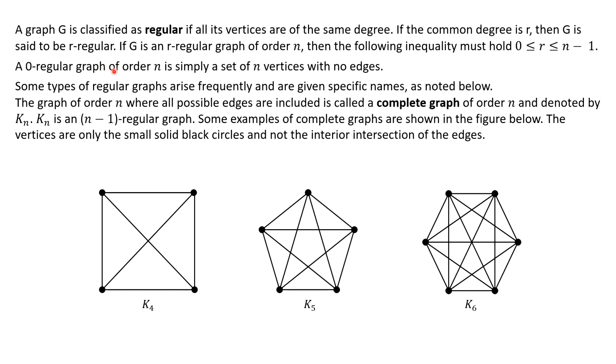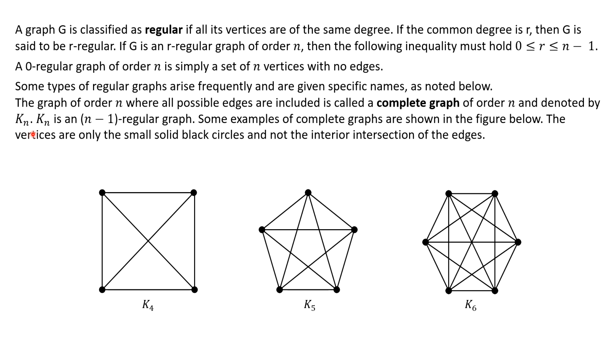A zero regular graph of order n is simply a set of vertices with no edges. So it's just n dots, basically, in our diagrams. Some types of regular graphs arise frequently and are given specific names, as noted below. The graph of order n, where all possible edges are included, is called a complete graph of order n, denoted